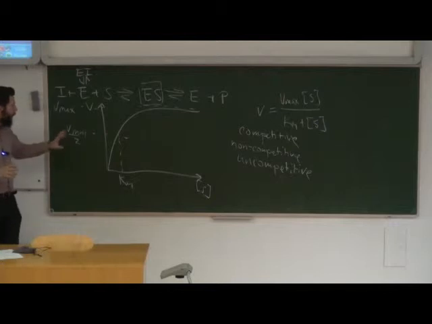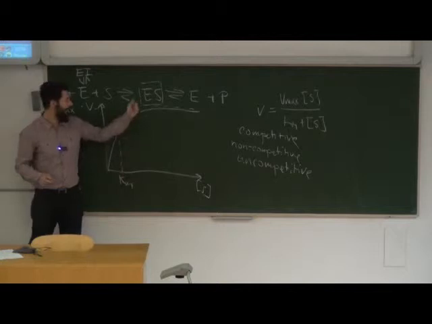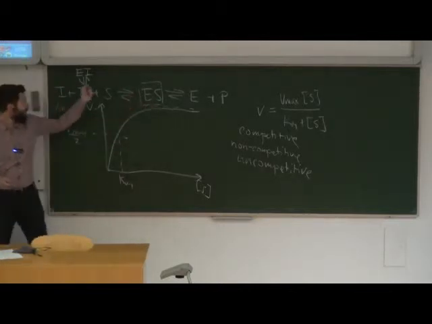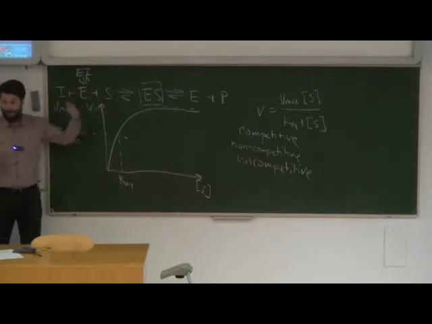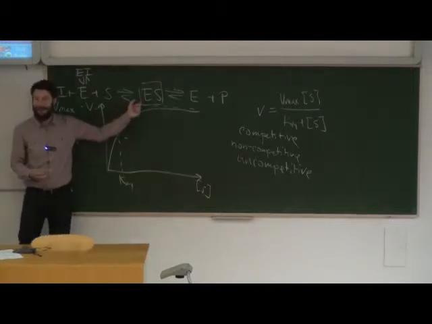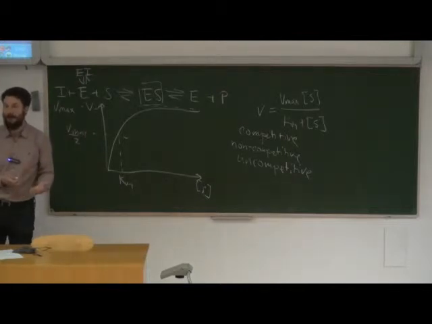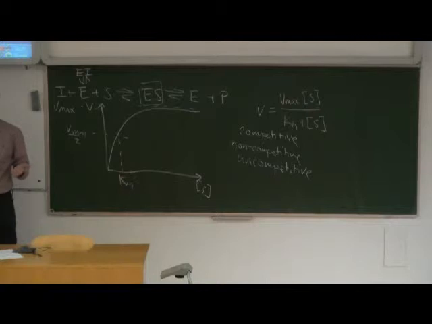Okay, so. And the explanation for that is that if we assume that the affinity is the probability of forming ES, then in the presence of an inhibitor, that probability is going down because we have another reaction that is sucking away the enzyme. Okay? So the probability of forming ES is less, which means less affinity for the substrate, which means higher Km. Okay? So in competitive inhibition, we get the same Vmax, and we get higher Km.